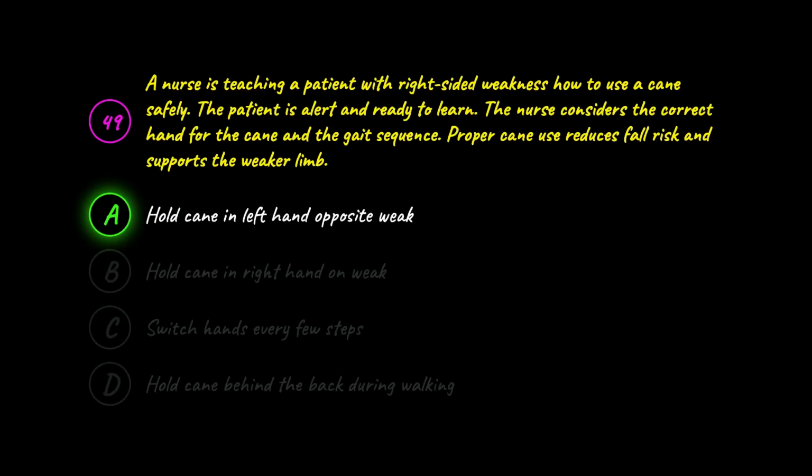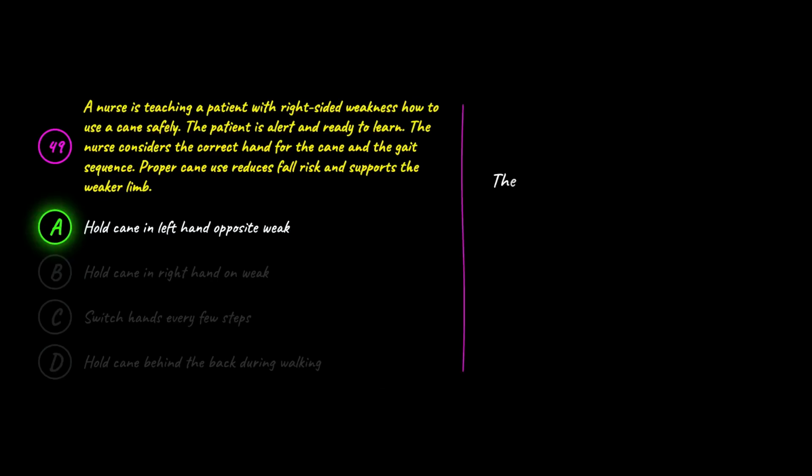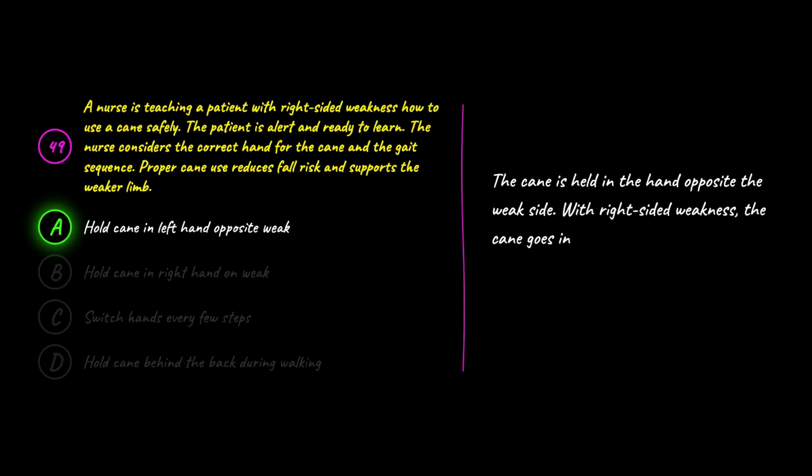The correct answer is A. Hold cane in left hand opposite weak. A is correct because the cane is held in the hand opposite the weak side. With right-sided weakness, the cane goes in the left hand, advancing with the weak right leg to redistribute weight and